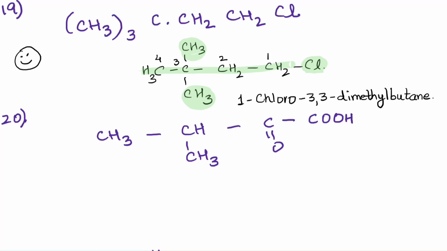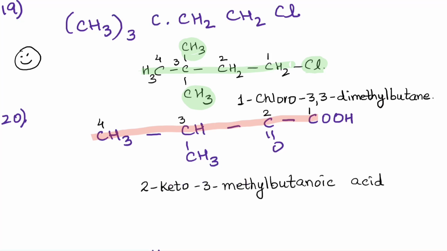Let's get on with the next compound. So let's highlight the main chain. 1, 2, 3, 4. What's the next step? We number the chain. So 1, 2, 3, and 4. Now get going. Name this compound. So we have this compound here. Our COOH group, the carboxylic group, is the, yes, it's the primary, it's the leader group, whereas the ketonic group, C double bond O group, becomes the secondary group.